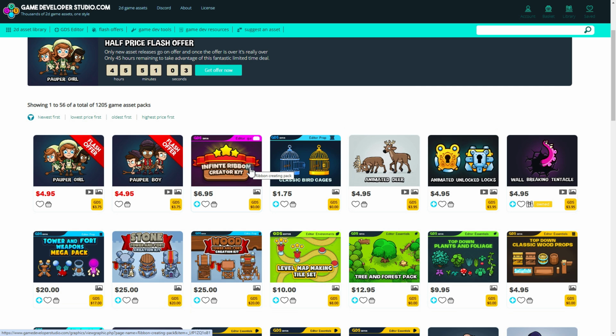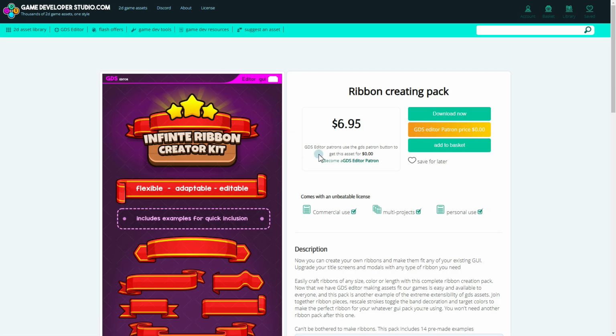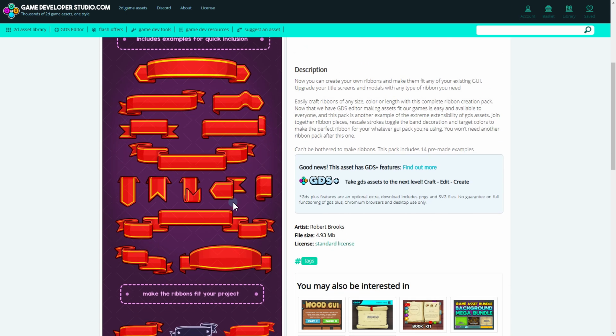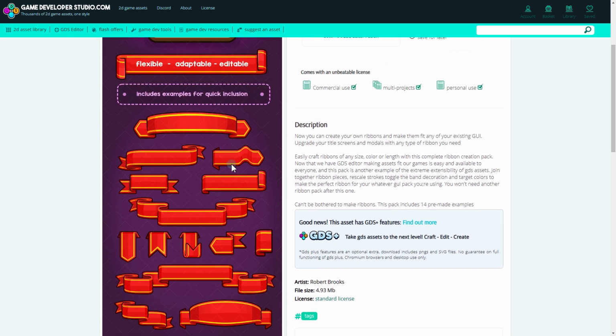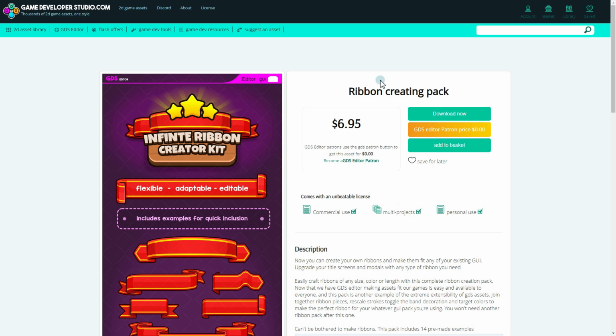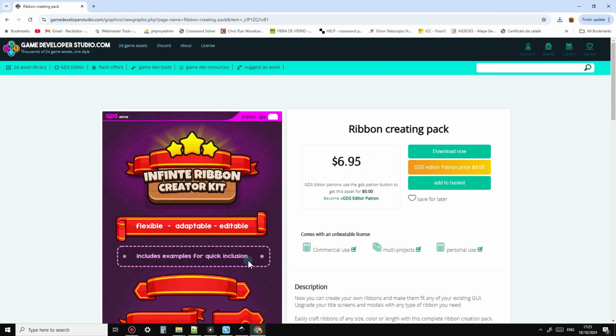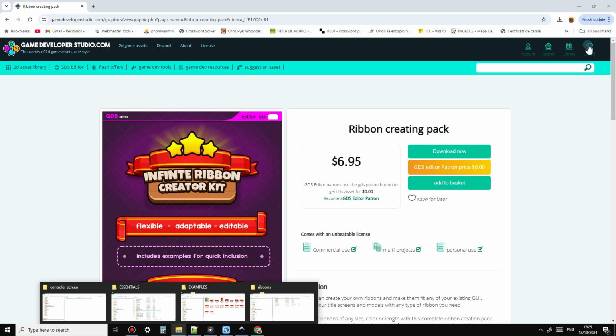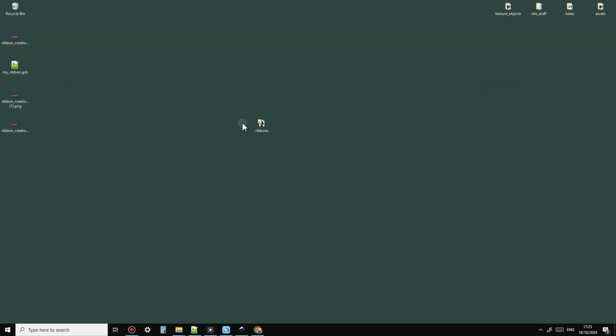with the GDS Editor tool. So you can use the editor tool to piece together parts to make a ribbon that will fit exactly your GUI. So I'm going to go to my desktop, and you'll see on the desktop that I've already downloaded the